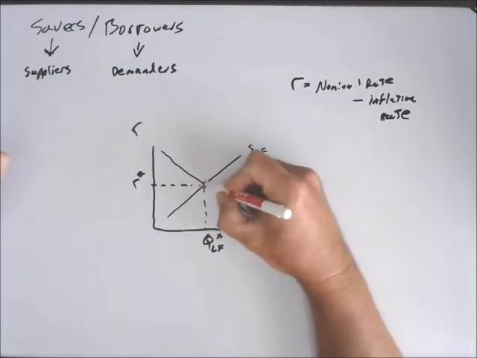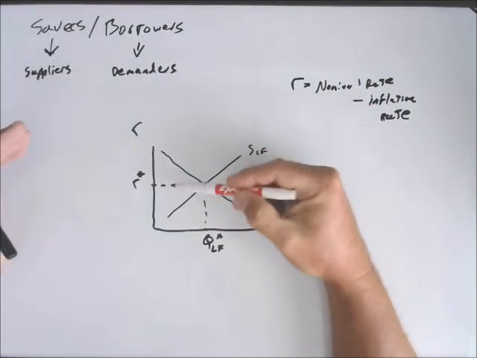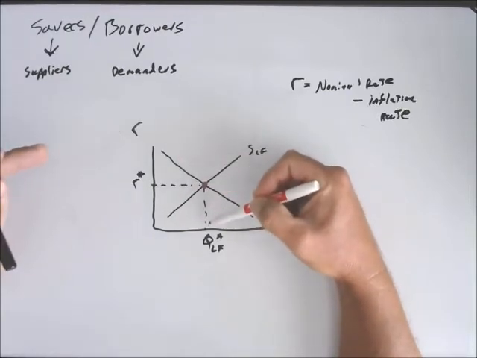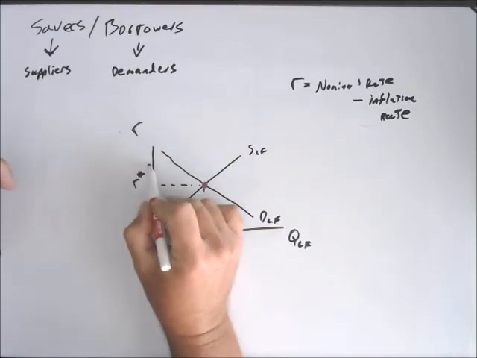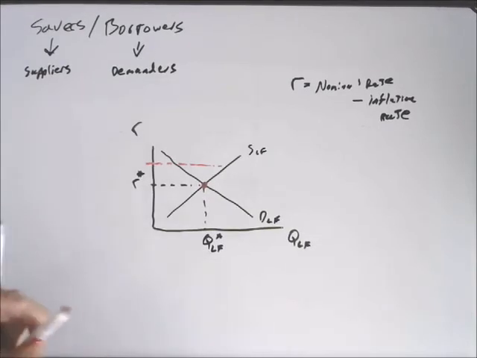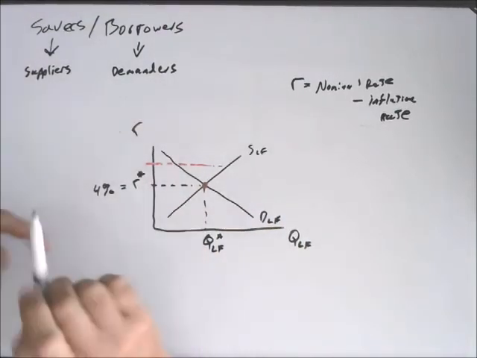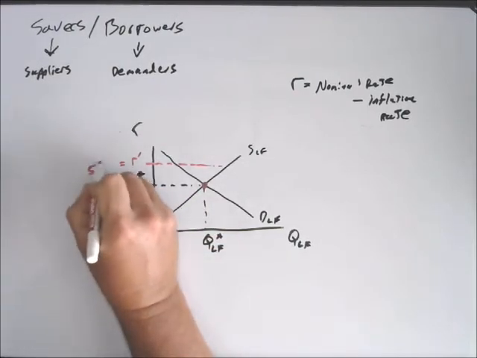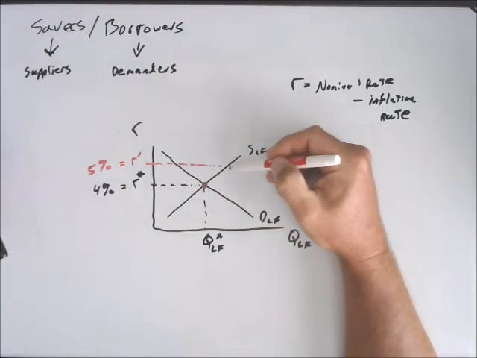Well, because an equilibrium simply means that, without any interference from anyone, the market's going to gravitate to an interest rate of R star and an amount of money saved and borrowed of Q star LF. Why is that? Well, assume that the interest rate is above the equilibrium rate. So assume the equilibrium rate is, say, 4%. And assume, however, that the current interest rate, call it R prime, is 5%. Okay? Well, at 5% real interest rate,